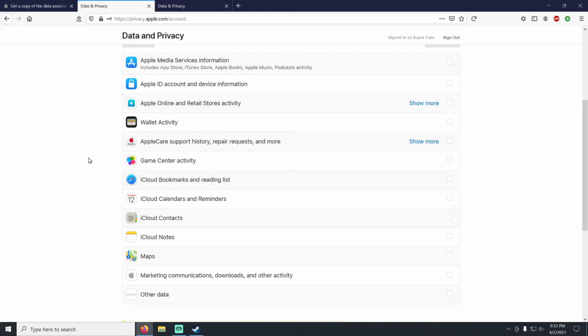And not everything would even be shared with your ID. So for example, Maps, you can actually download your Maps history. And by the Maps history, remember, it's not going to show your exact locations. What it is going to show is the times that you've used the Maps app. It's not going to give you detailed